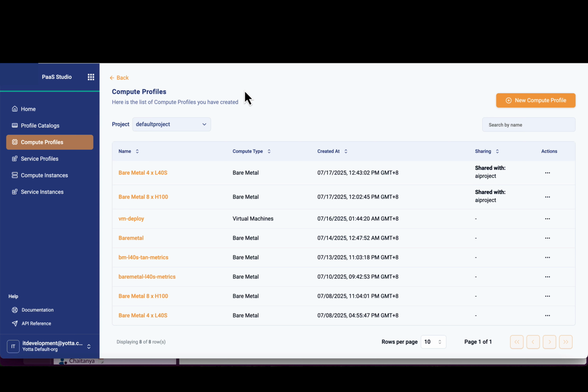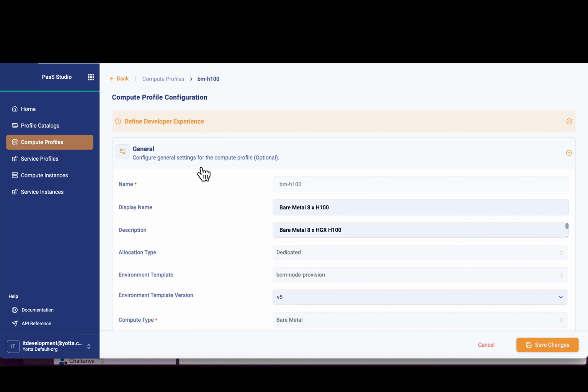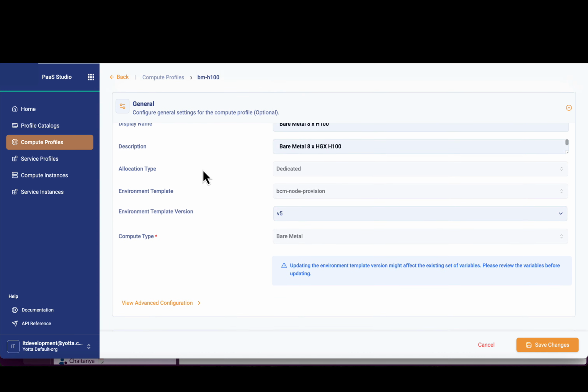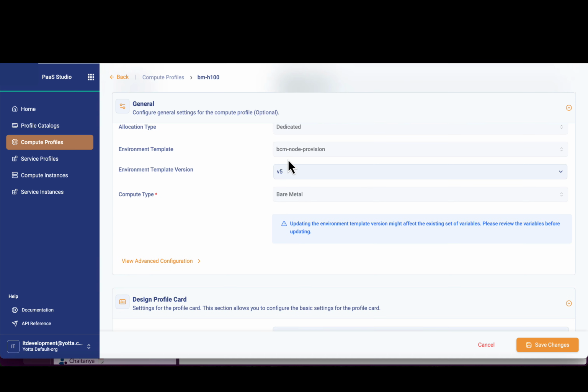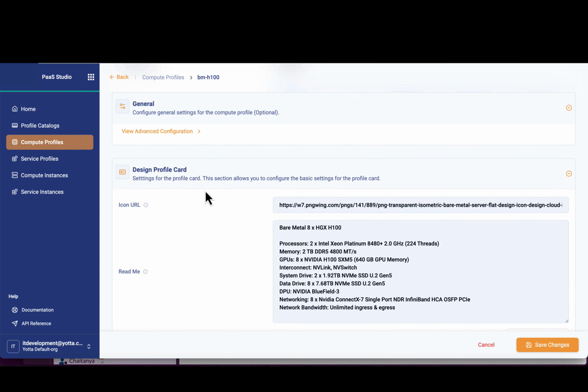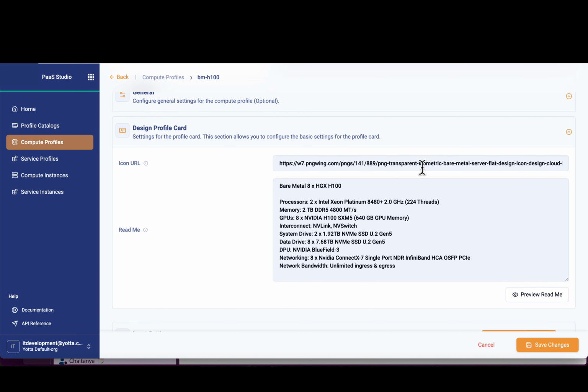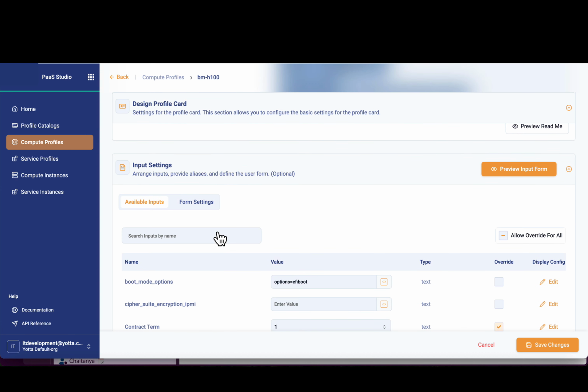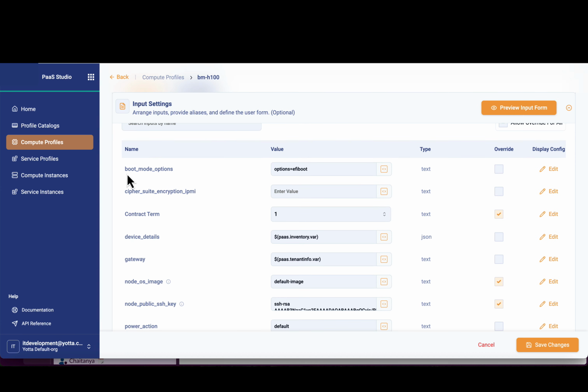We'll be using the PaaS Studio to create a compute profile for a bare metal server. As you can see here, we have selected the bare metal server, which will give us an H100 with 8 GPUs in it. And then this points to an environment template, which we'll look at in a minute. And then the admin is allowed to put in some metadata describing the SKU, an icon for the URL. And then now they come in and specify the inputs that